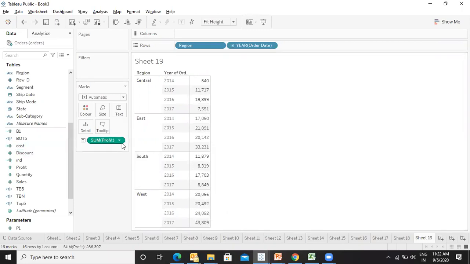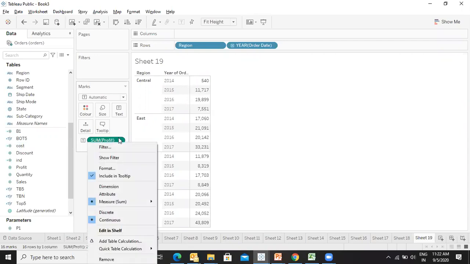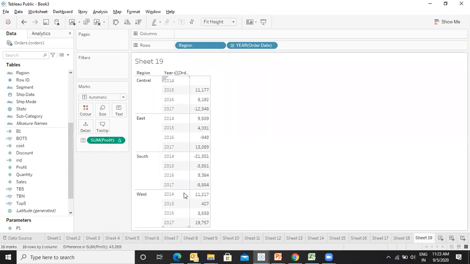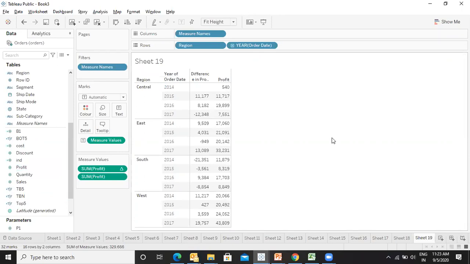Now I want to see the trend over here. Trend is the increase and decrease needs to be highlighted. So I can click on this drop down arrow and go to the quick table calculation, and we have difference. Click on this. So we are getting the difference. Let me take the profit over here once again.